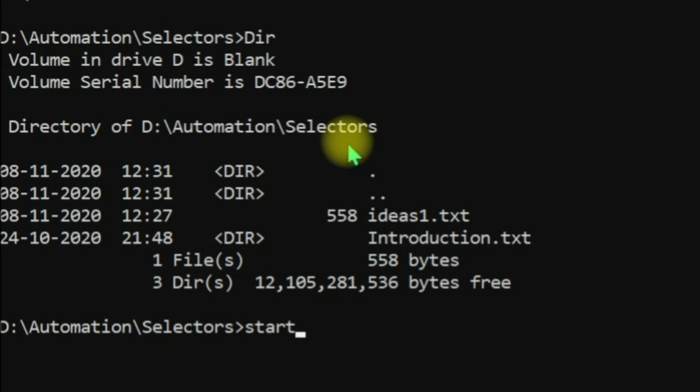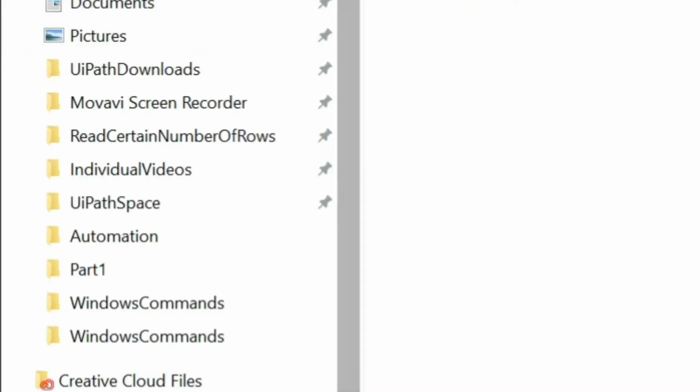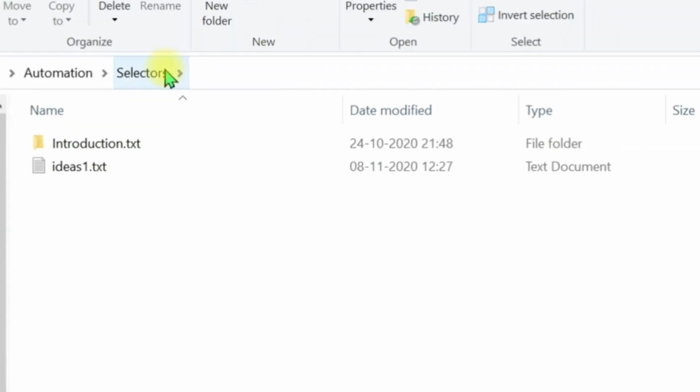Now let us open it in Windows Explorer. What is the command to open in Windows Explorer? Start space dot, enter. Now you can see the selectors folder is open and the file ideas1.txt is copied to the selectors folder. From the automation folder it copied to the selectors folder.